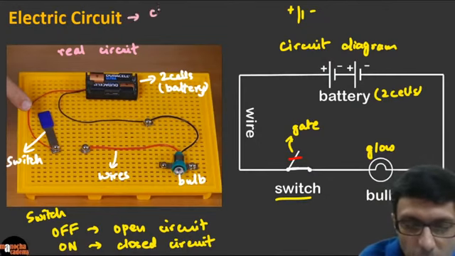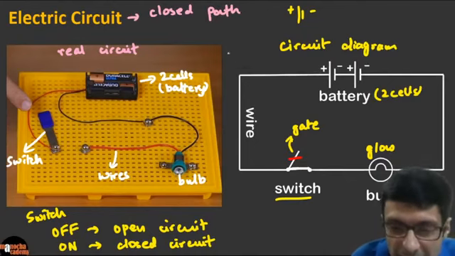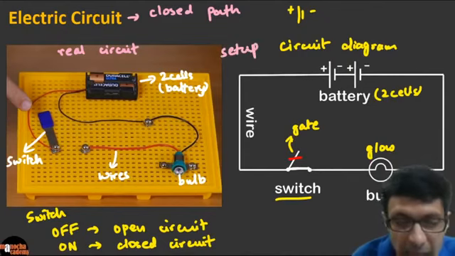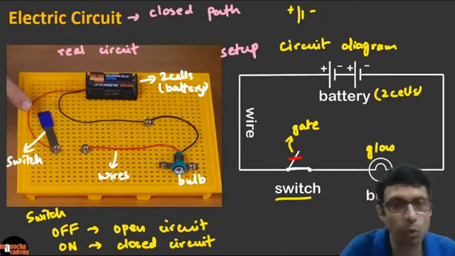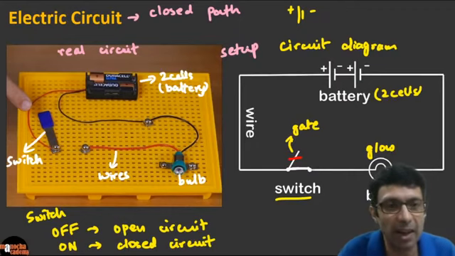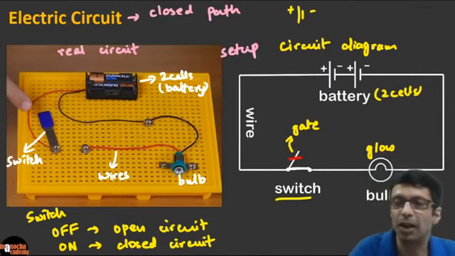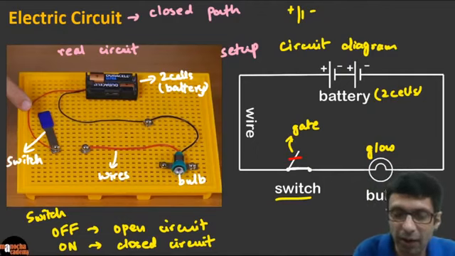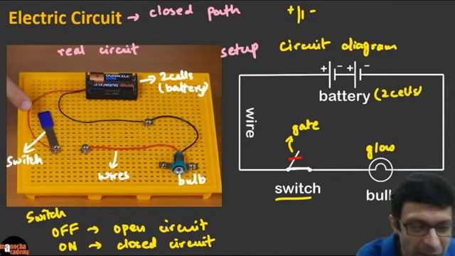So this whole setup, or the closed path through which electricity flows, is called the electric circuit. This entire setup contains the cells, which basically means potential difference, the wires, the conductors through which electricity can flow, the switch, and the bulb. This entire setup is known as an electric circuit. Clear guys? And this is a circuit diagram. You must practice the circuit diagrams, draw the wires, and always remember to mark the positive and negative potential in the battery, because every cell has a plus and a minus potential. Okay, excellent guys. Is that clear?